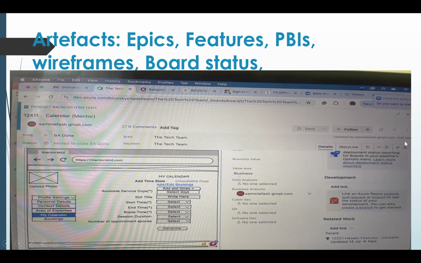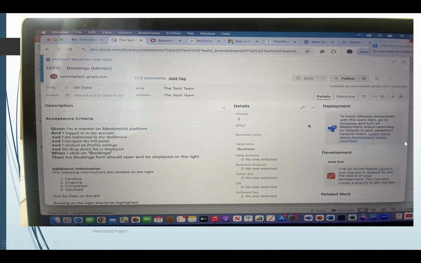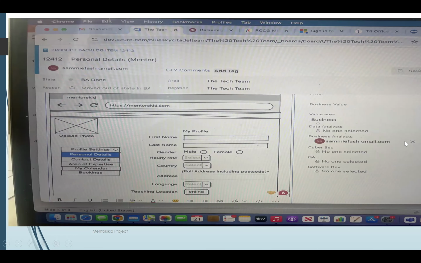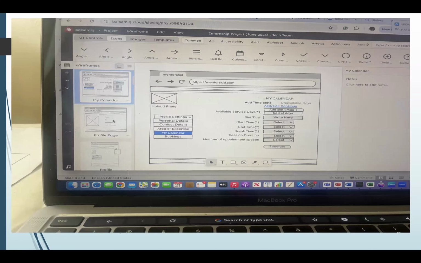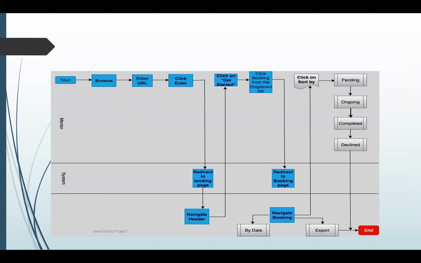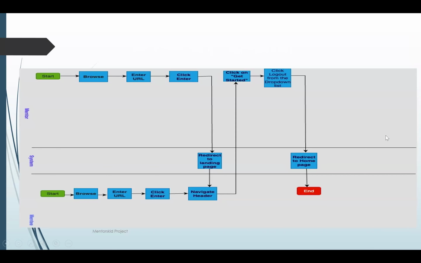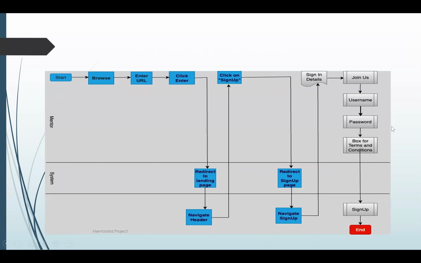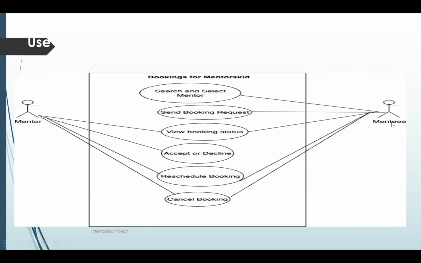I'm just going to go over them quickly. So these are wireframes. This user story, wireframe. He's also created a process map. This is the process map. Another process map. Another one. This is a use case he created, and this is for mentor and mentee for bookings on the